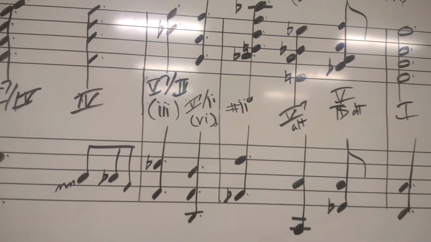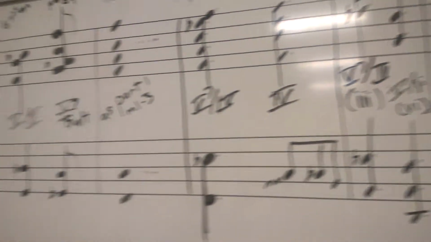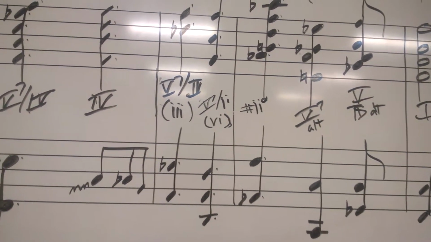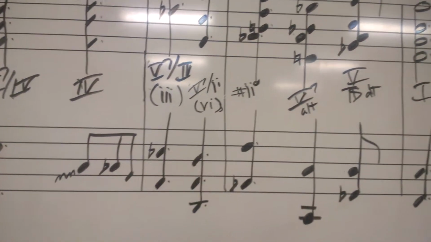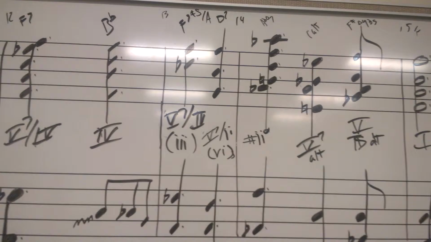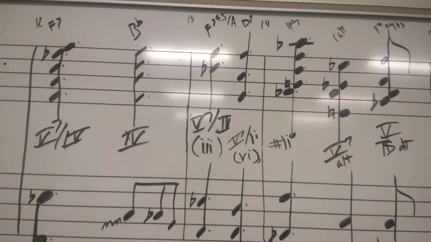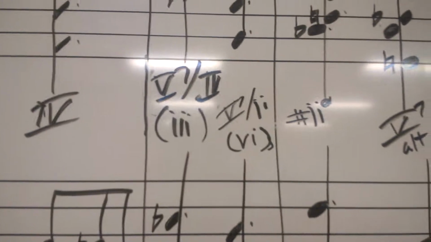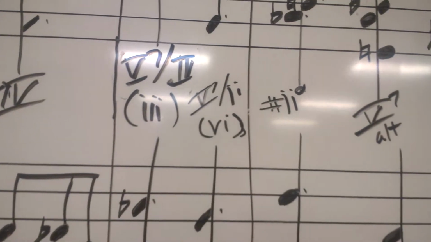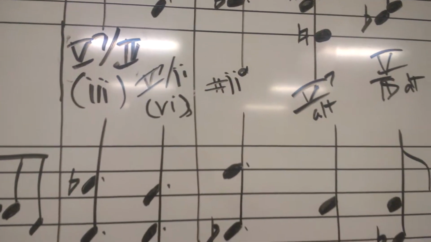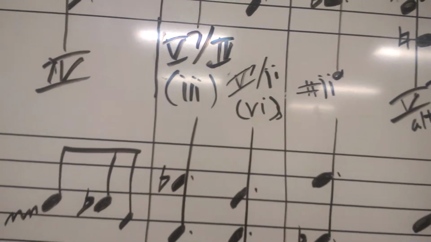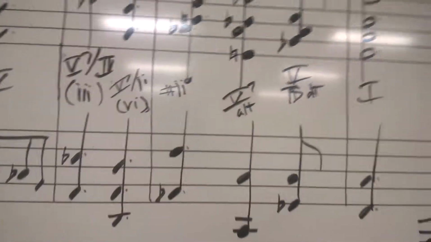Now, you may be saying, wait, I thought that secondary dominants were borrowed chords. Well, that is true. You are correct in that. Don't let anybody tell you otherwise. Borrowing chords in this context is not saying that it has to fit specifically to the key you're borrowing it from. It's borrowing chords that serve a function. Now, this is the 2 chord. You can replace this with any other 2 chord that applies to a key in